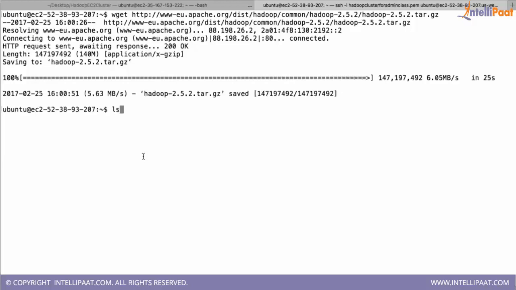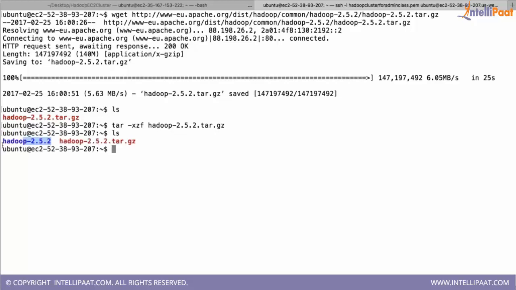Okay, so now you say ls, which means list of the files and directories. Now you have this file, and now you use the same command tar -xzf, which will actually uncompress this zip file. Now you say ls, it has created this directory. So now you rename this directory to just Hadoop. Now you see there is a directory called Hadoop. Okay, so that means you have downloaded the software on the secondary name node also.